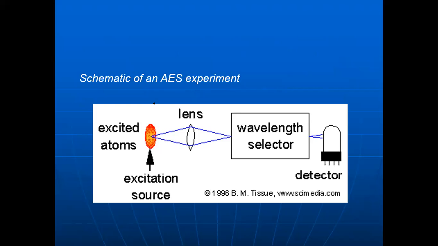So this is a scheme of the experiment. Some excited atoms will be there, the excitation source and the lens will be there. Automatically, what will happen? Some discrete wavelengths will be there. Generally, emission means that for a discrete element, some wavelength will be released. That wavelength will be selected by the wavelength selector, identified by the detector, and finally we get some output. Each and every element will have different emissions. Potassium will have one type of emission, fluorine will have one type of emission, nitrogen will have one type of emission. Based on that, we calculate how much of the element is present.